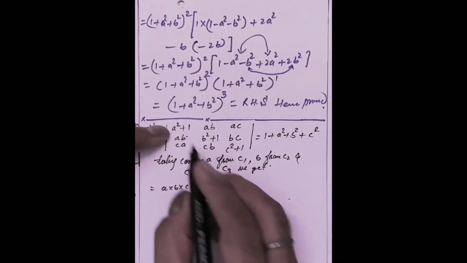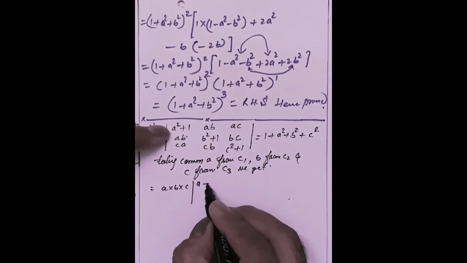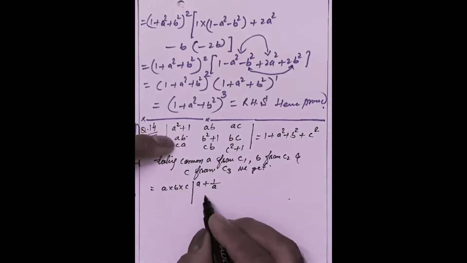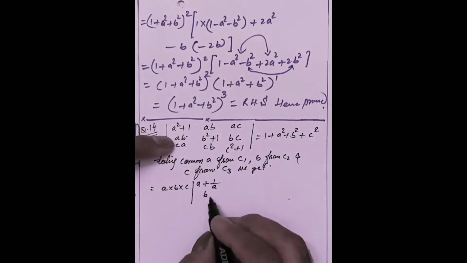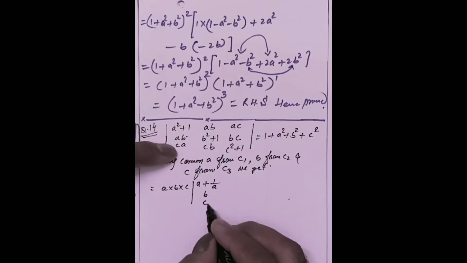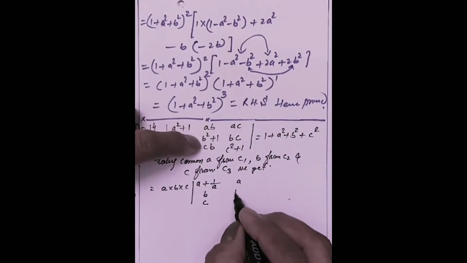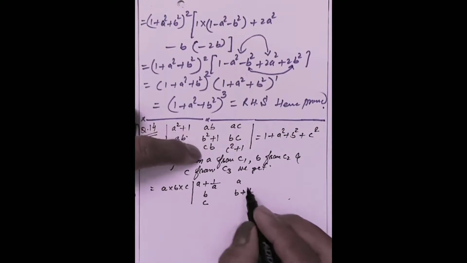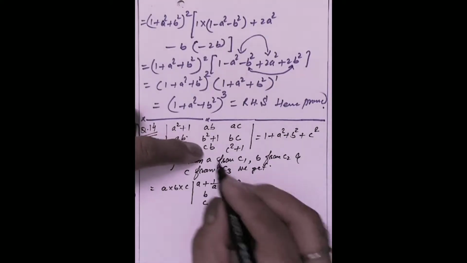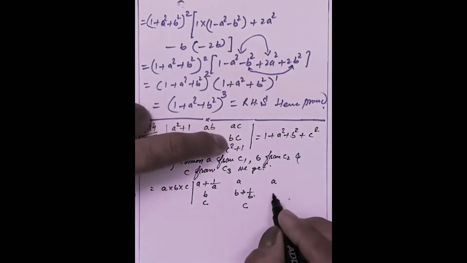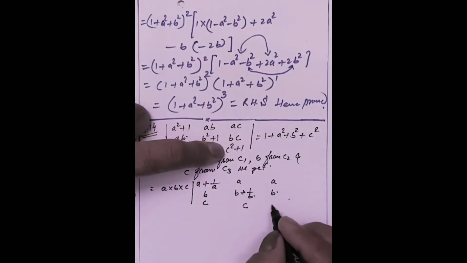Inside we have a, we have taken out, so 1a is remaining, plus here we have 1, so 1 upon a. Here we have taken b, so a we have taken out, so b, and a gone, so c. B gone, so a, b, 1 power plus 1 upon b, and c is remaining. Here from here c we are taking out, so a and b and 1 plus 1 upon c.